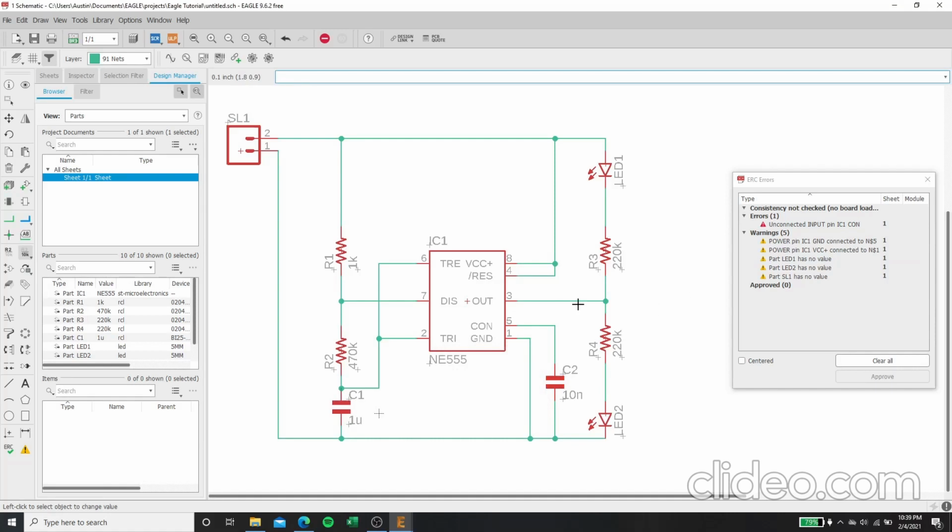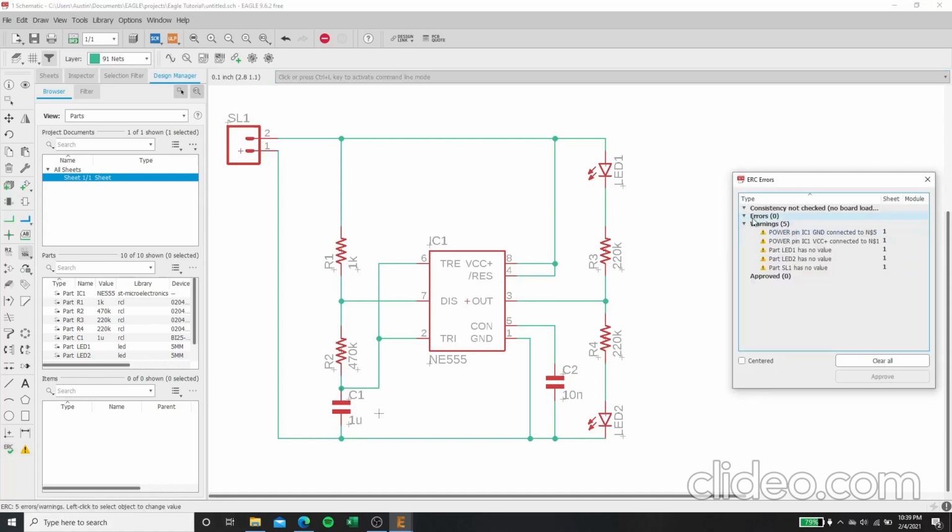Okay, so this error should be resolved now. If we run this electrical rule check again, you can see that we have no more errors, and we're just left with these warnings. The warnings are not as big of a deal as an error. You still want to check them out and make sure that nothing is really wrong with your schematic, but